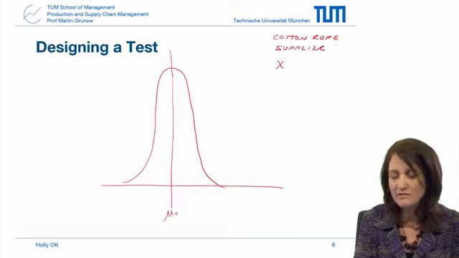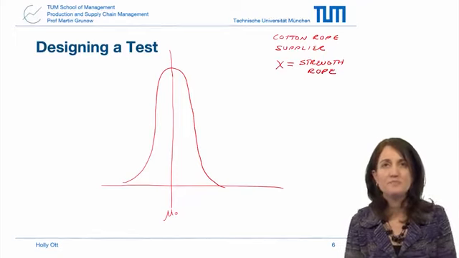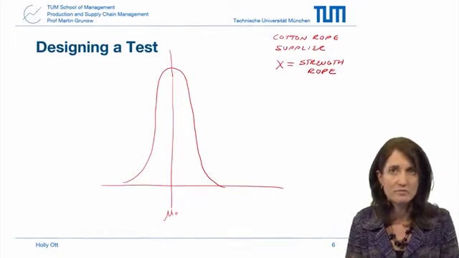And we have a random variable, x, which is the strength of the rope. Okay. Now, given that the strength is a random variable normally distributed with mean mu0 and a standard deviation,